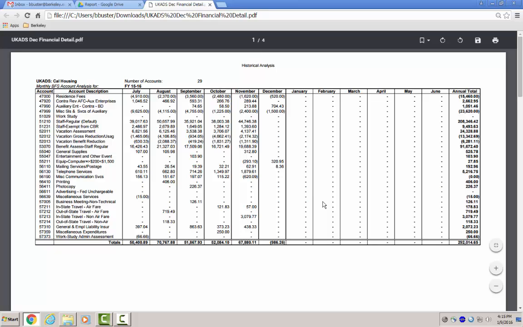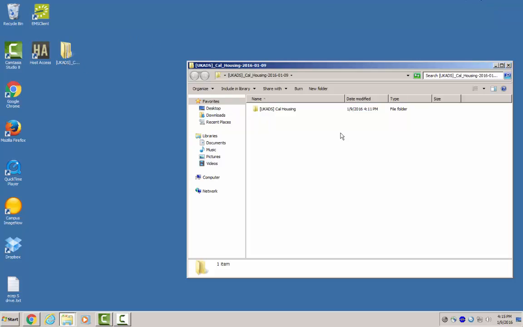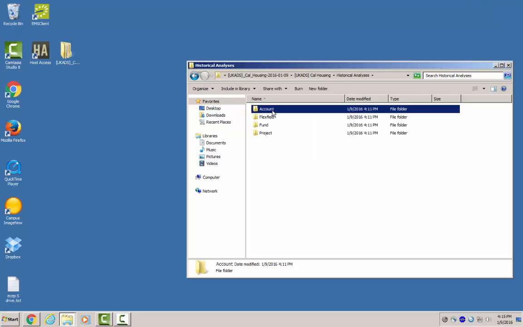In terms of reviewing the numbers here for November and analyzing what data is available, I'm noticing an anomaly here in in-state travel non-airfare. Now I'd be curious to be able to see whether that is something that occurred year over year or whether this is something that is a one-time anomaly for this specific year. So we can do this by using our historical analysis report. By going in and accessing it,